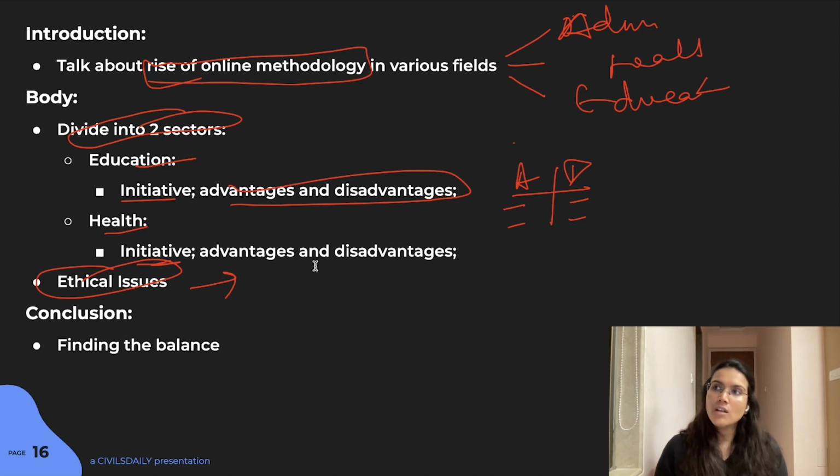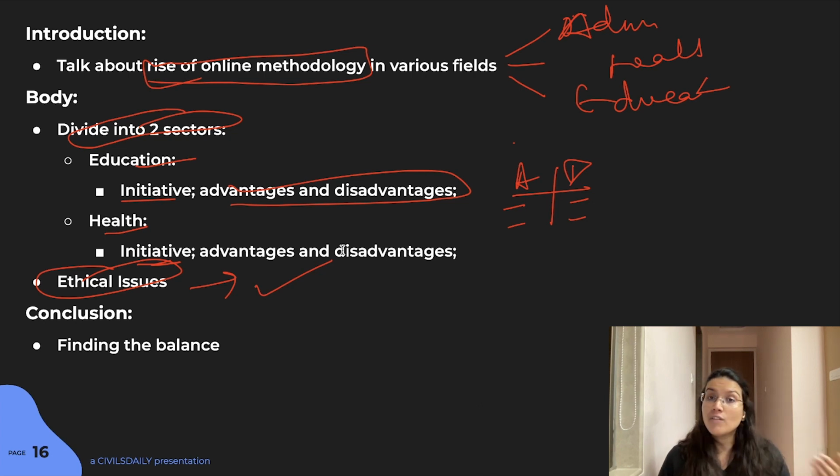So again, some people who are living in cities, who are rich, who have good access to 5G technologies and optical cable lines that they can set up, are getting benefit out of online methodology. But again, the vulnerable sections, people staying near borders, in some harsh areas, in sensitive zones like the northeast or Jammu Kashmir, in forest areas, in rural areas, all these vulnerable people are not able to get it.